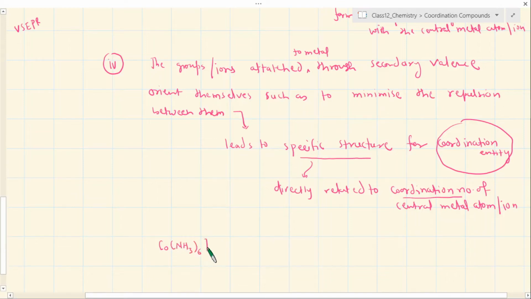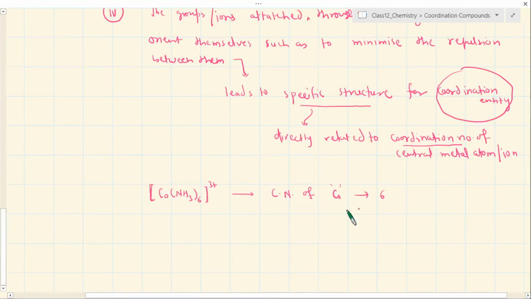Co(NH3)6 3+, coordination number of cobalt here is actually, cobalt का charge है इसके अंदर, but anyway I will not talk about it now. Coordination number for cobalt is 6 because there are 6 linkages with this cobalt through these groups, or the ions which are forming the secondary valence, ठीक है ना, and this will lead to octahedral complex.